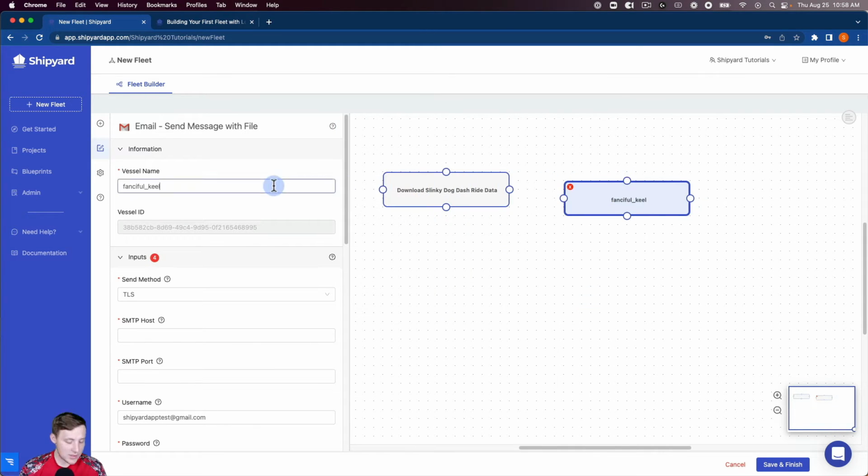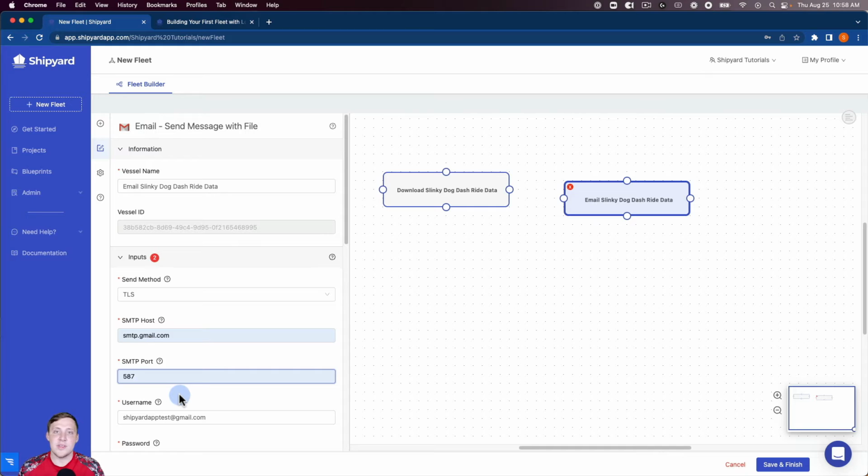So I can name this vessel email slinky dog dash ride data. Okay, so we're going to keep our TLS send method, our SMTP host. We're going to use Gmail and the port 587. In the authorization guide that I just closed on that pop-up, it'll show you how you can use this with other email services that are not Gmail, such as Outlook or other email services as well. So if you use any of those, feel free to check out that authorization guide to see how you can